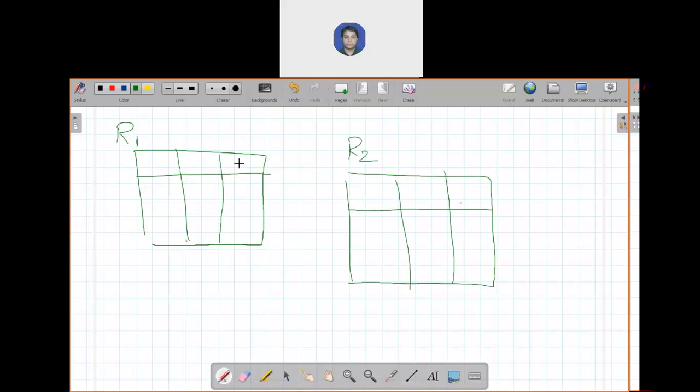Give the attributes any names: for R1, P, Q, K, and for R2, A, B, C. We have R1 as the referencing relation and R2 as the referenced relation, each with three attributes: P, Q, K for R1, and A, B, C for R2. And the attribute we are selecting, K, is referencing this attribute.